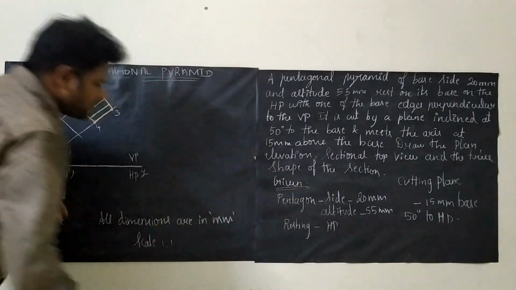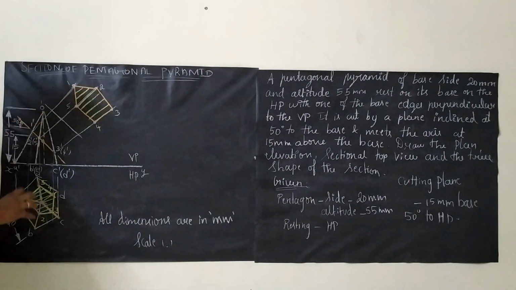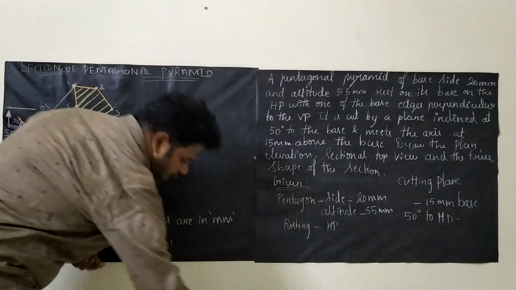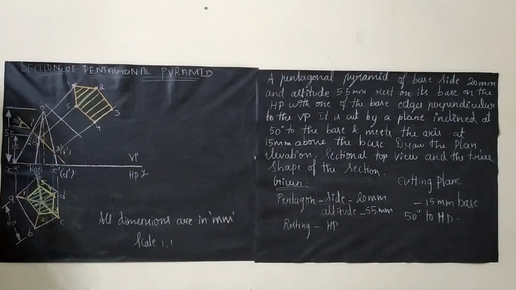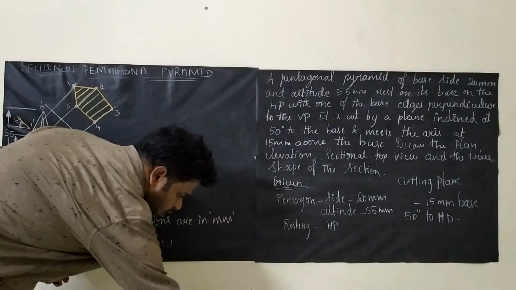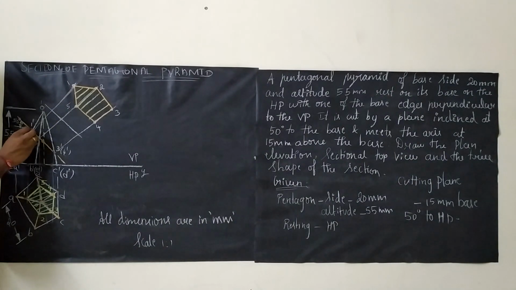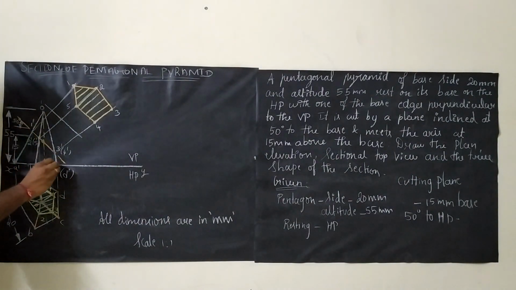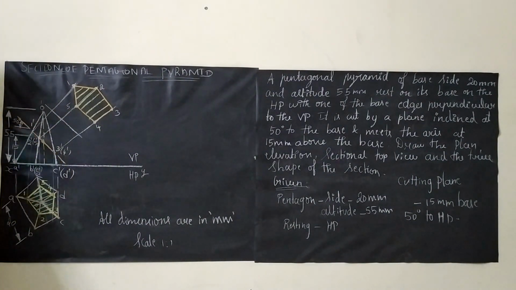You have to concentrate on the true shape of the section and the sectional top view. Once we cut the solid, see here, this is the remaining part, right? So after cutting it, these are the remaining parts, so it should be darkened. Whatever we get here should be darkened because after cutting we will be getting only this, right? Dimensioning and all I already mentioned. You have to dimension 55, 15, 20 and 50 degrees, very very important.